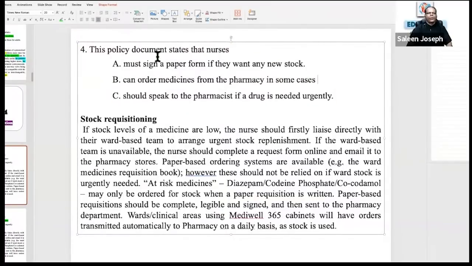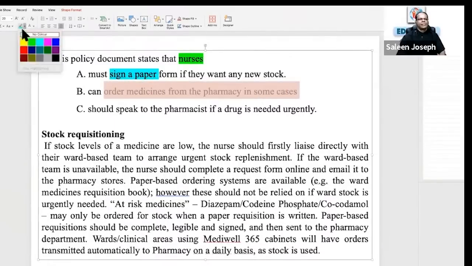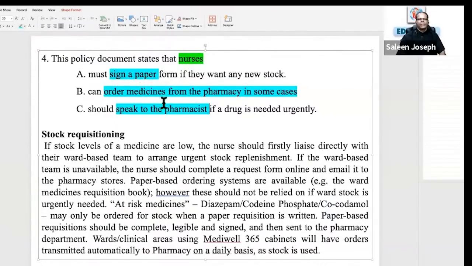Now, this policy document states nurses. Who? Nurses. Must, can, should. Tell me what are the hedging words? Order medicines. Then the pharmacist. Order medicines. Speak to the pharmacist. Sign a paper form. If stock levels of a medicine are low, the nurse should firstly liaise directly with their ward-based team to arrange urgent stock replacement. And if the ward-based team is unavailable, the nurse should complete a request form online and email it to the